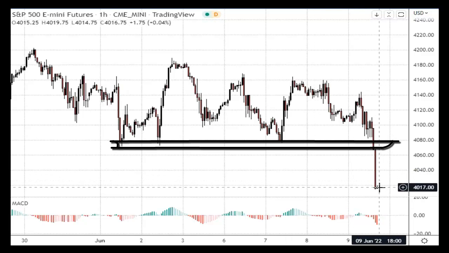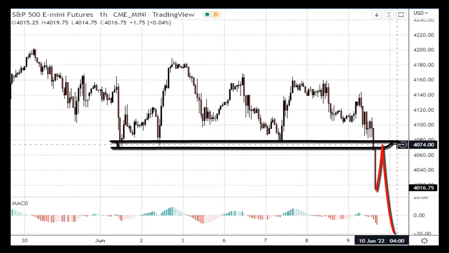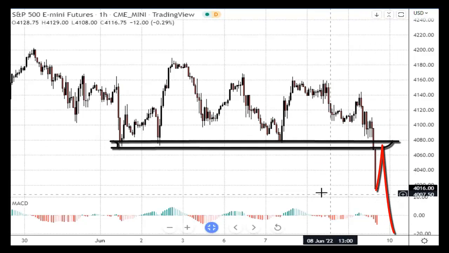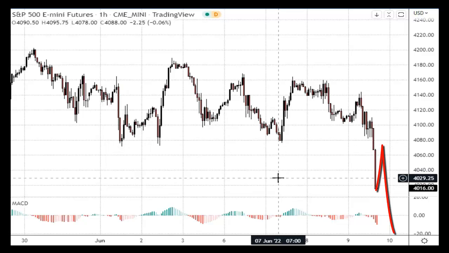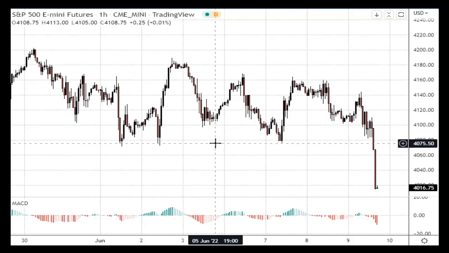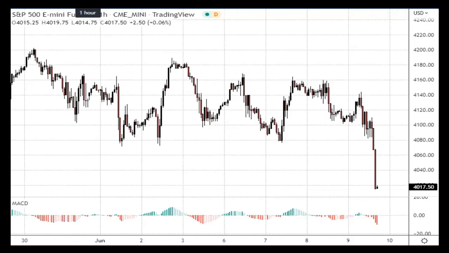I suspect that at some point we'll get a bounce back to this as resistance, right? It was support, now we'll get a bounce back to it to test it as a resistance level. And in all likelihood, roll over and go lower yet again, right? But the most interesting thing that I wanted to take a look at with you today is, let's look at this on